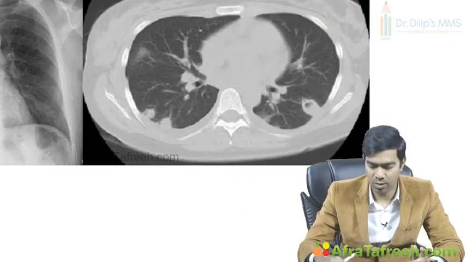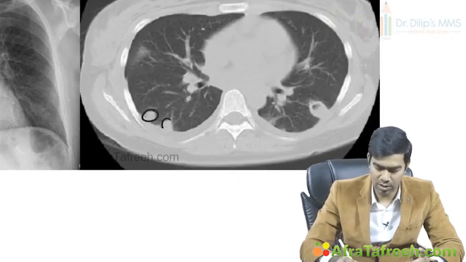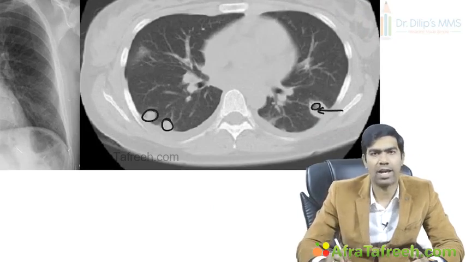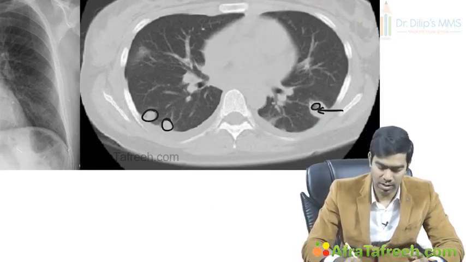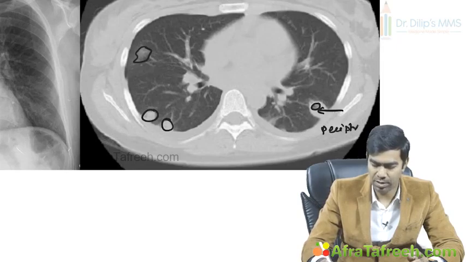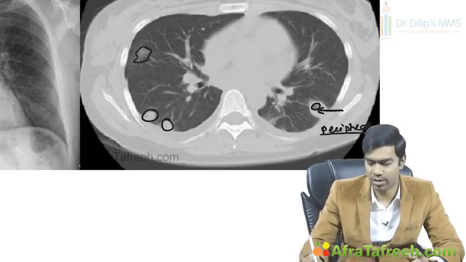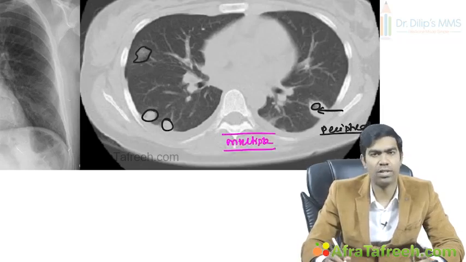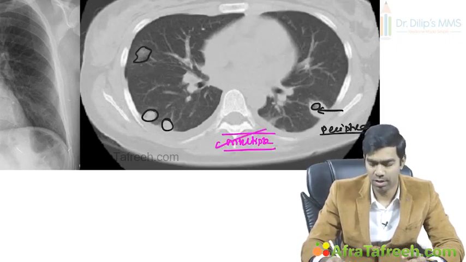And this is an image which I told you already. So you can see a lot of consolidated areas here. At the same time, you can see one area is cavitating also. And here there are another few areas of consolidation you can see. So this is nothing but a peripheral distribution. I told you whenever the peripheral distribution and its multiple consolidations and few lesions with cavity formation, always think about